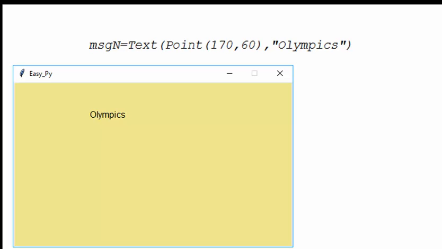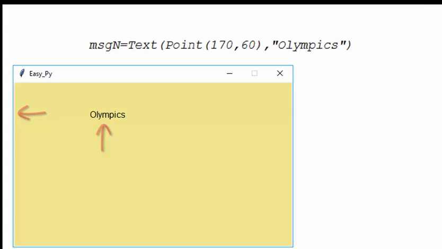The string is the Olympics, the one in quotation marks, and places the center of this string, in other words, the space between the M and P, at a point that is defined as the intersection of x170 and